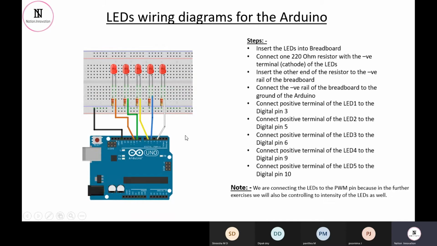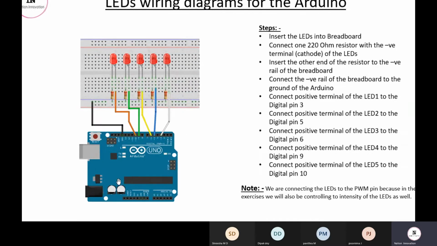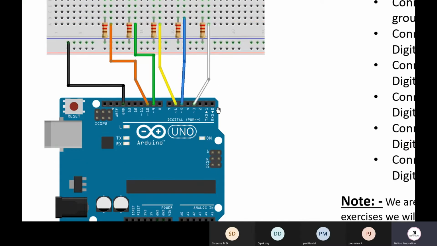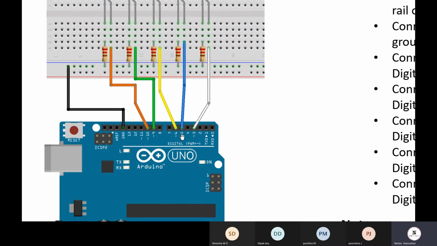Fine. Now this is the basic block diagram, and I was referring to this point: why we are using pin number 3, 5, 6, 9, 10, and why not 0, 1, 2, 3, 4, or any random combination which we can use in this case. The thing is that we can use any pin if you just want to interface the LEDs only. Fine. This 3, 5, 6, 9, 10, 11 are the PWM pins which we learned in yesterday's lecture. Whenever we want to control the intensity of the LEDs, we can use the PWM functionality